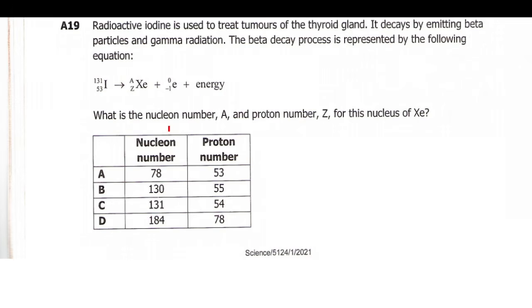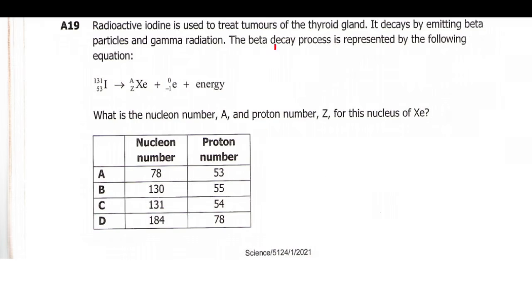Then they are asking what is the nucleon number, that A there, and the proton number, this number here, for this nucleus of Xe. So for you to be able to answer this question, you need to know the general